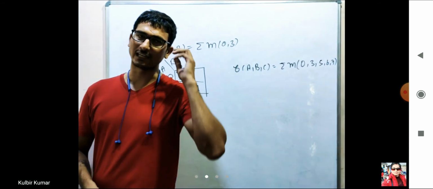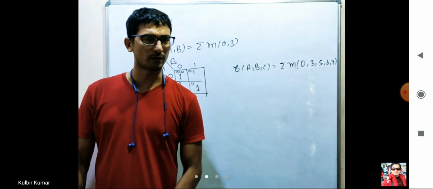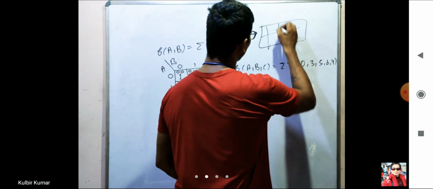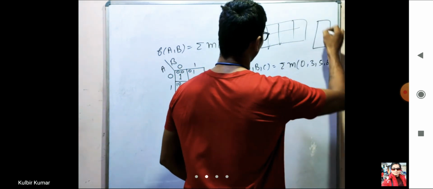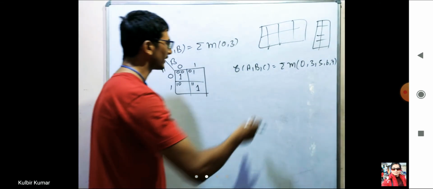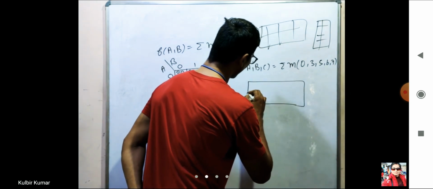And for 8 cells you can take 2 rows and 4 columns, and you can take 4 rows and 2 columns. So you have 2 possibilities, 2 choices. You can make it like this one or you can make it like this one. It doesn't matter. Output will be exactly the same. So let us say I'm going to follow this format. So it has a total of 2 rows and 4 columns.